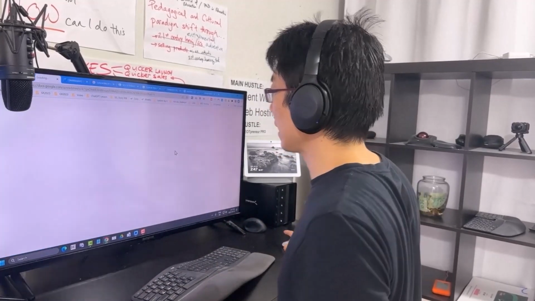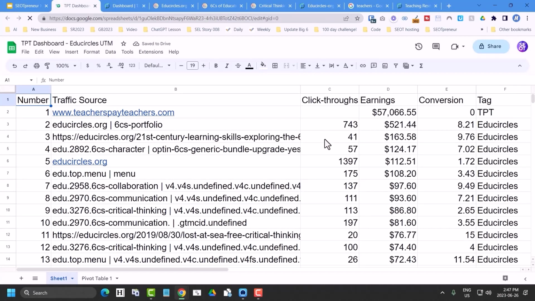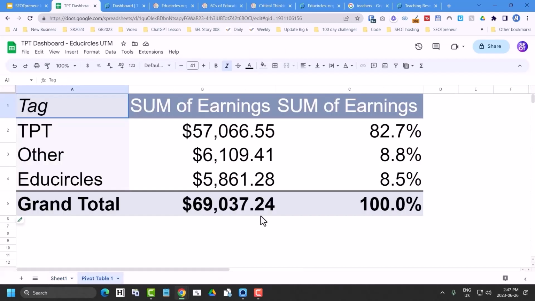So let's look at this Google Sheet that I threw together. So here we go. I basically pasted in all the UTMs, and I went through each one, and the ones that had EduCircles or EduPost kind of things, in EduCircles UTM, I tagged it as EduCircles, and I went to a pivot table, and that's how I created this pivot table. Okay, so at a bare minimum, 8.5% of my revenue on TPT has come from my TPT website, but it's